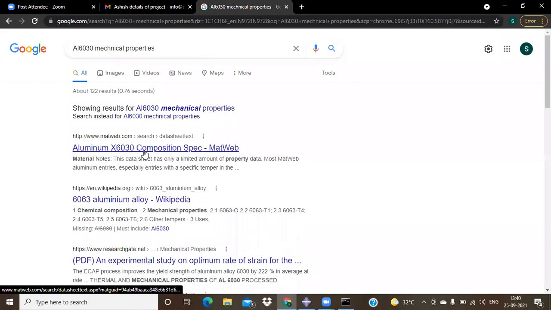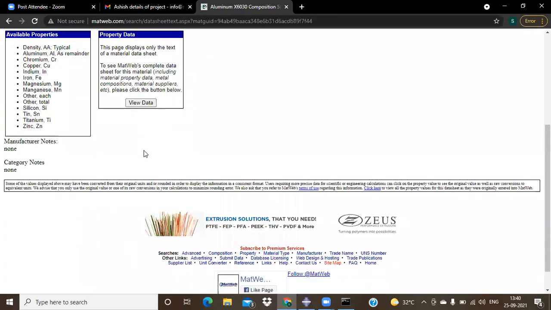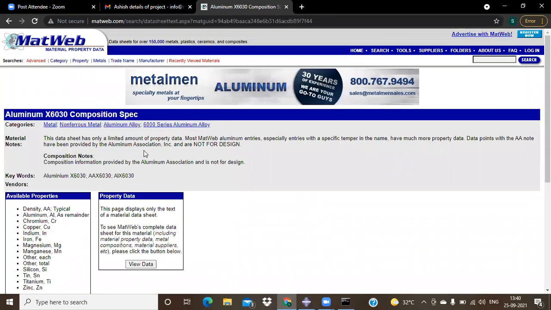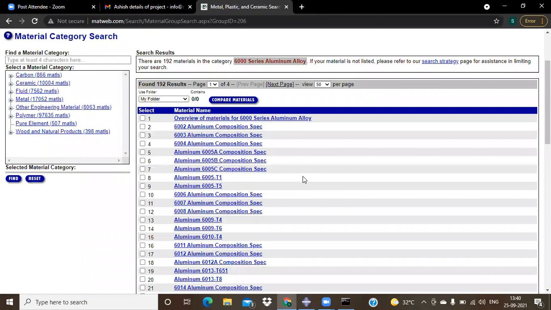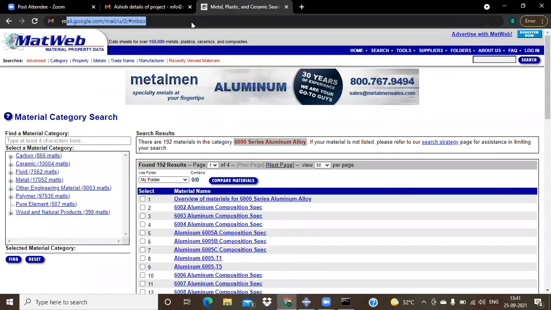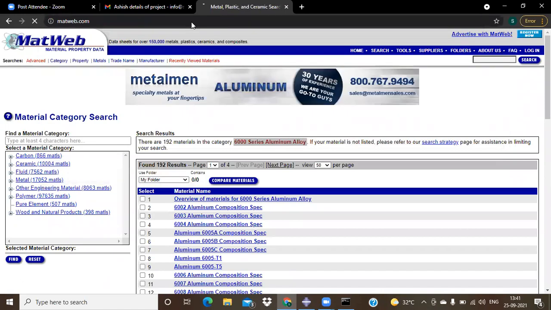I just click on this and now 6060 composition spec from MatWeb, I got some material information. So maybe I can see categories of 6000 series or something. It has given a hint of MatWeb, right? So it's matweb.com.